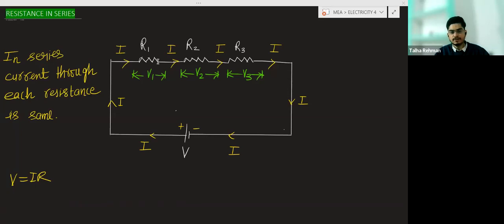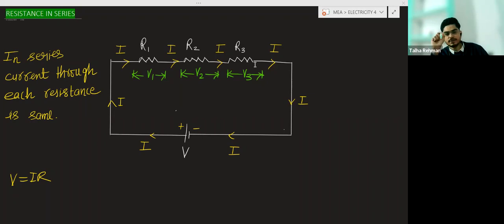Connected in series. Why? Because these resistances are connected on a single wire. If you are connecting resistances on a single wire, suppose this is a wire, and on this wire, if you are connecting resistance,